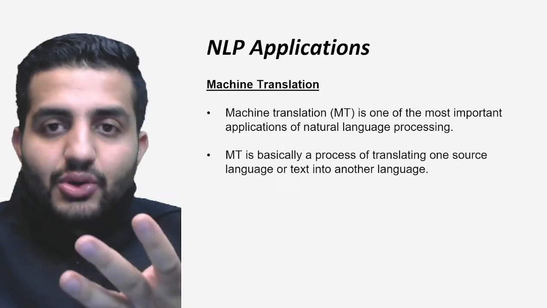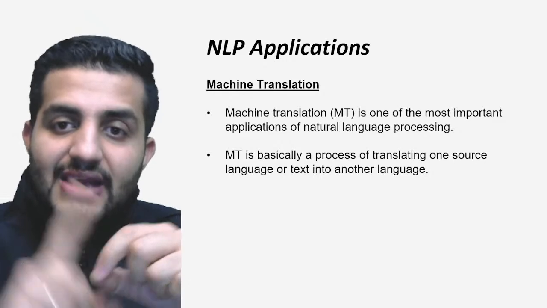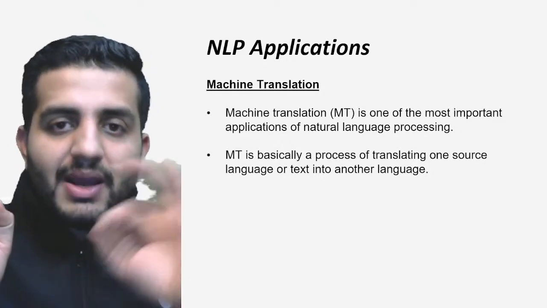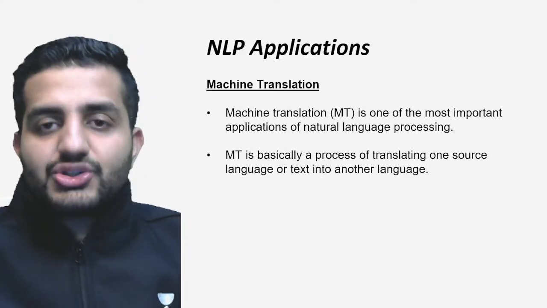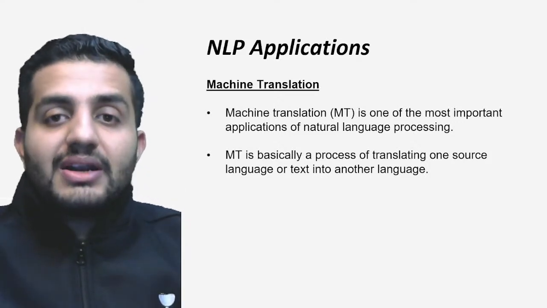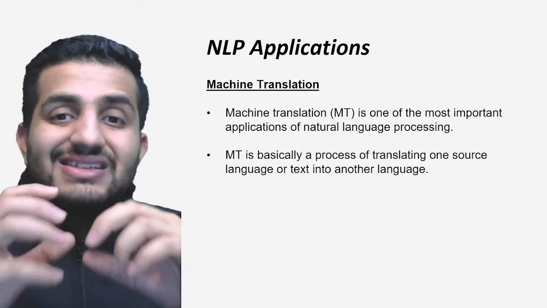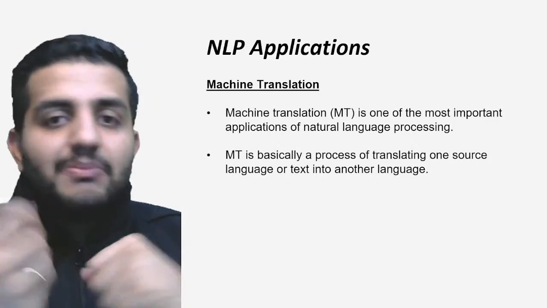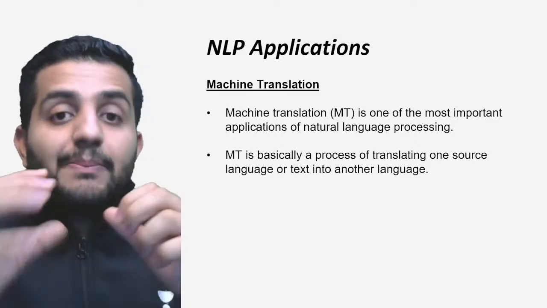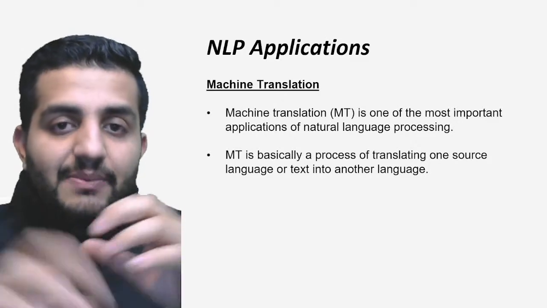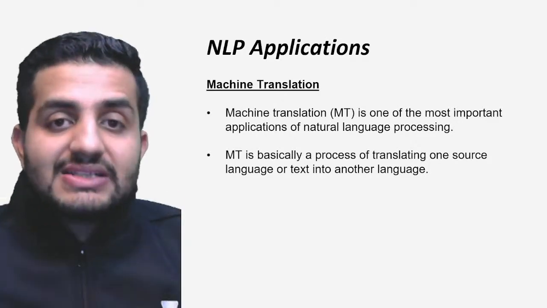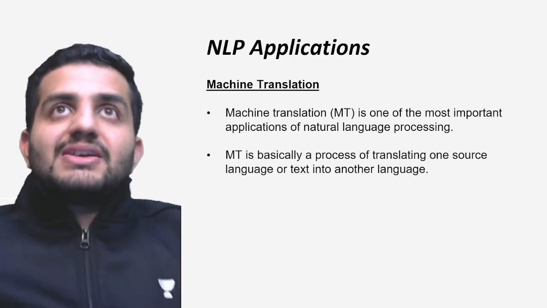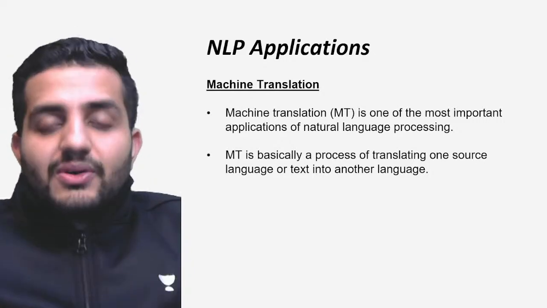So now machine knows both. So machine knows Spanish as well as English, right? And it is able to make the relationship between my Spanish tokens and the English tokens. And also most importantly, it is able to understand the semantics of it. It is able to understand the meaningfulness of the exact dictionary meaning of my sentences. And also the pragmatic analysis, where it is able to understand the different possibilities, different scenarios, the context of your text, right?